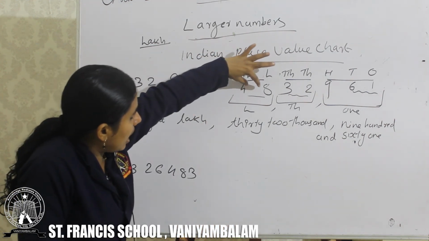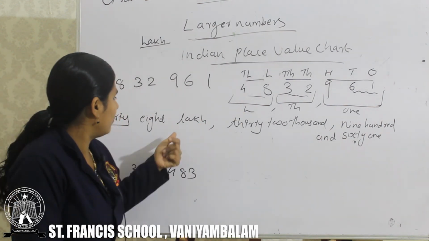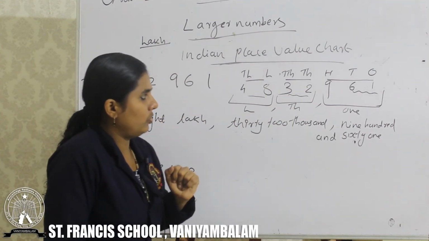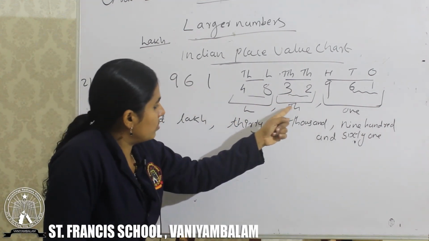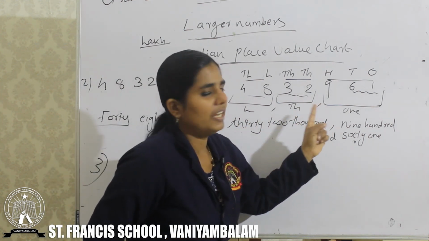Look here. Here we have 48. Yes, correct, 48. This is in which place? Lakh. Okay, that also here. That is 48 lakh. Next we have 32. That is in which place? Thousands. Okay, 32,000. Correct. Next one, the ones period, we have which number?